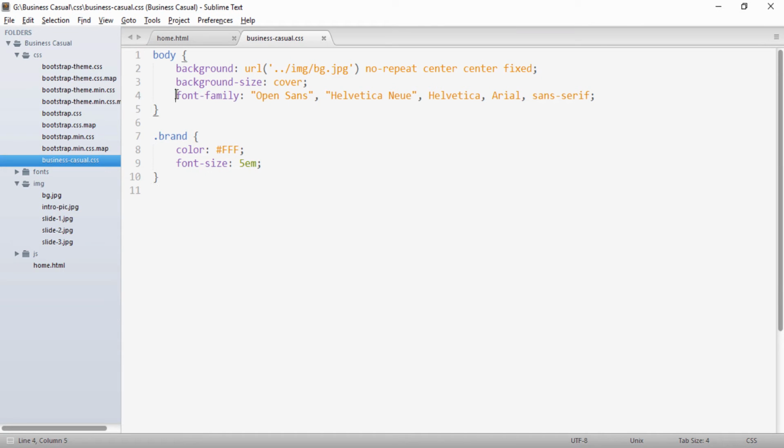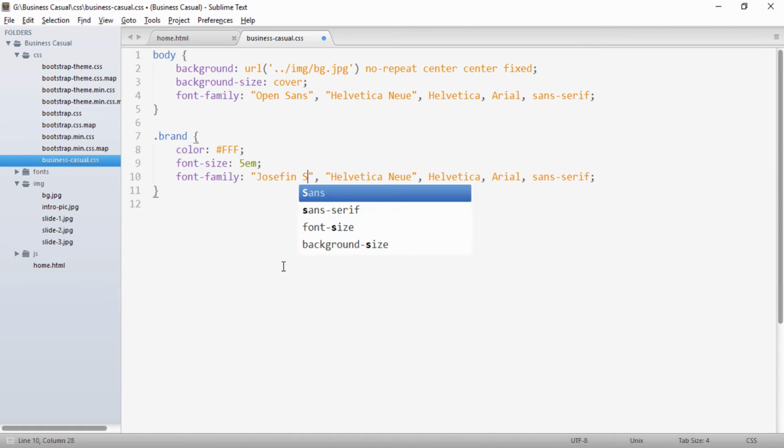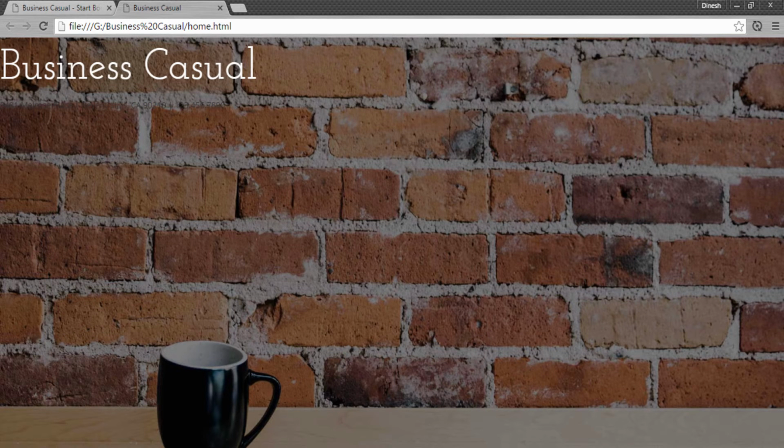So I will provide a font family to it. I'll copy this and paste it here, and instead of Open Sans I will provide a font as Josefin Slab. And if I save it and show it to you on the browser, you see the font has changed,